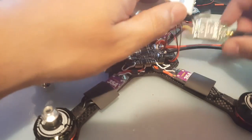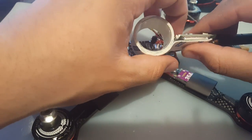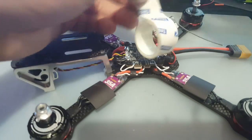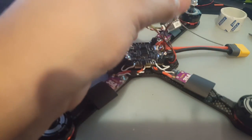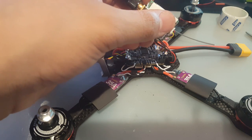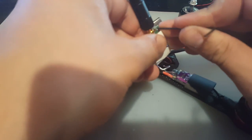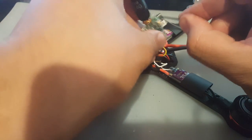Alright, so we got it. And what I like to do first is actually set this up on this, like so. And we're going to cut this off. Alright. Now another thing I like to do actually is this right here, because depending on where we're going to lay it, I like to poke these holes through here, through the heat shrink that's already on it. So if I get a place where I can actually put a zip tie through that, that's going to be awesome, because it's just more